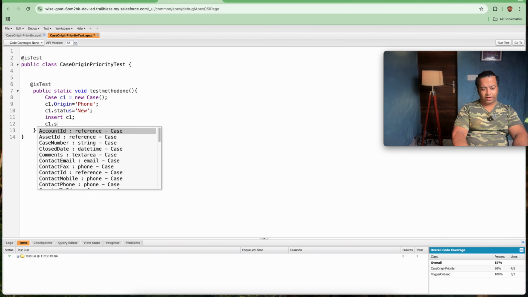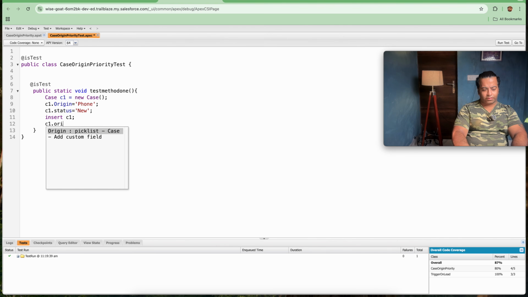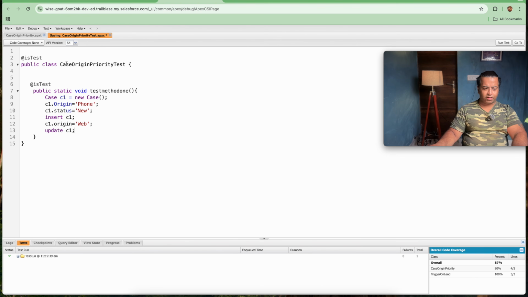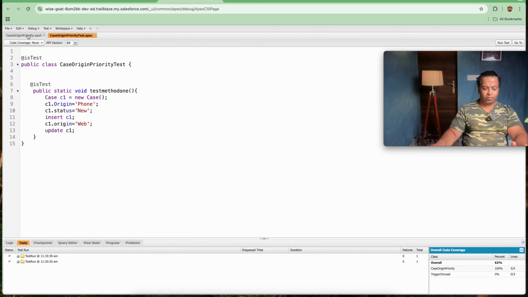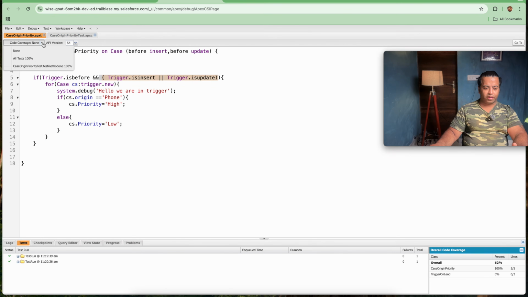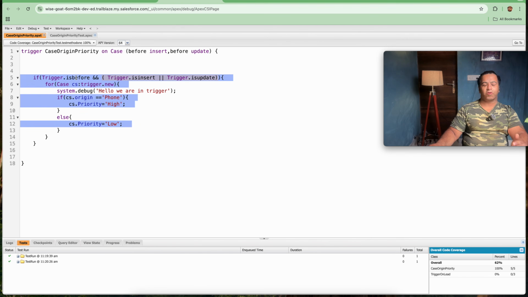We will add c1.Origin equal to web, and as soon as you add web and update c1, when you test the same trigger, you will get the coverage to 100% because all test cases have been covered.